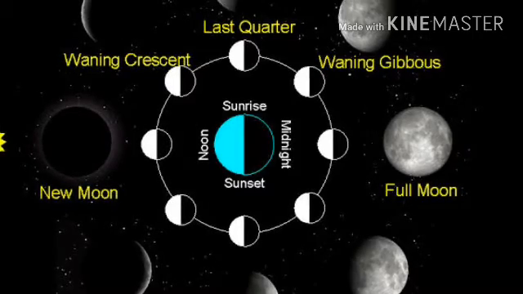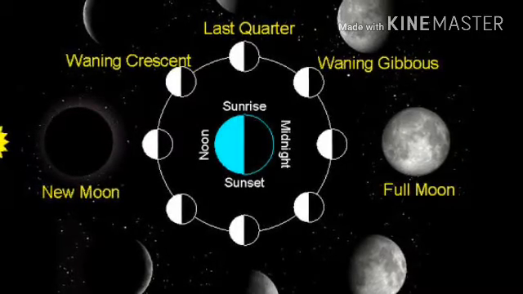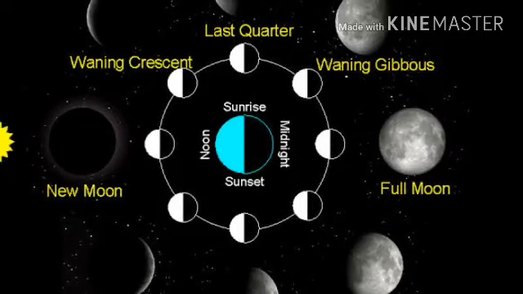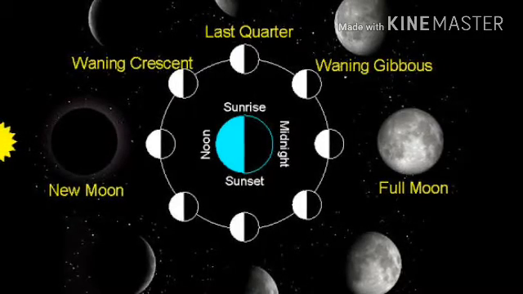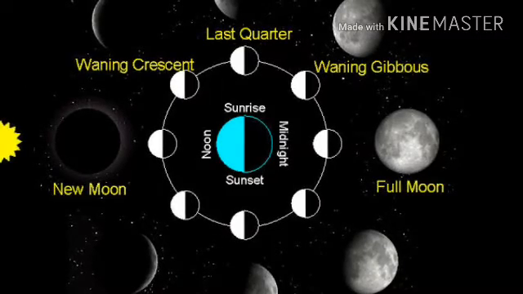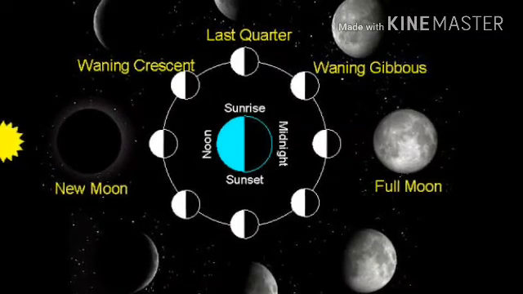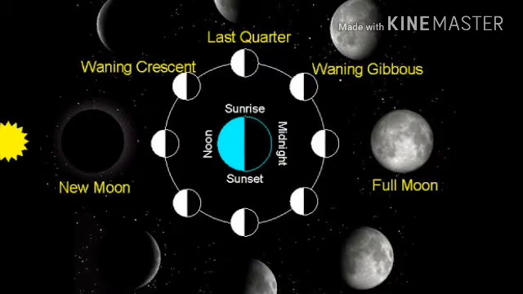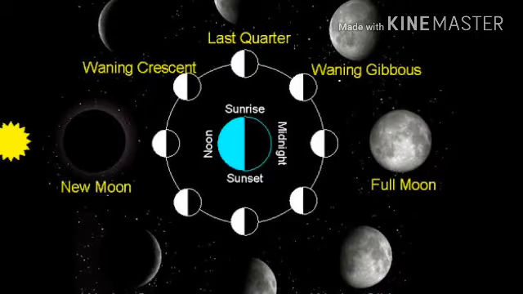How does this take place, how does it change shape? It is very interesting to know where the remaining part is disappearing from the moon, and why it appears full on the full moon day, and why not in the remaining time, right? So when you look at this you are going to get a clear idea.